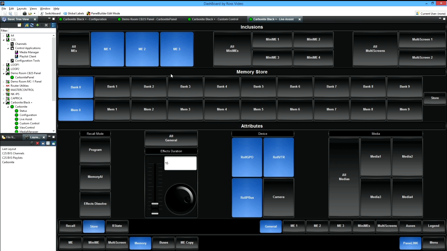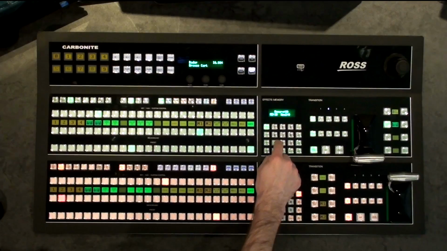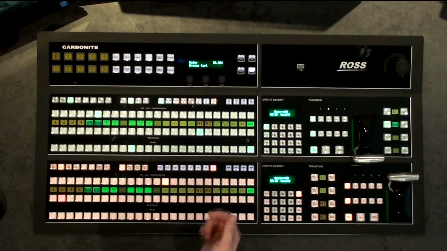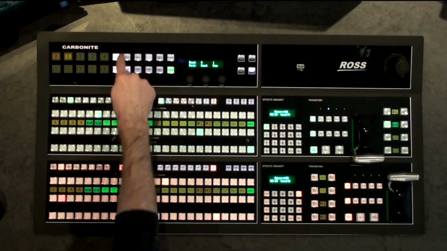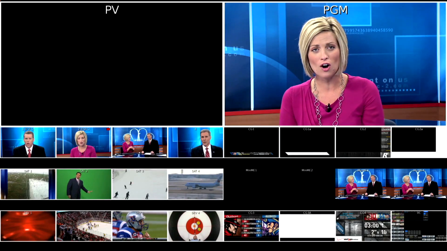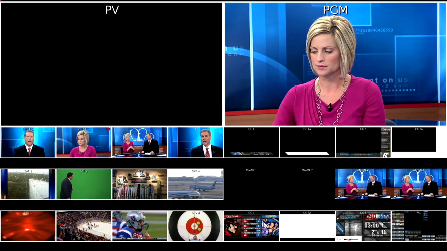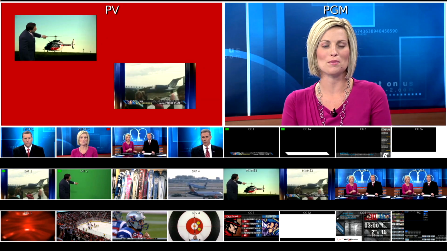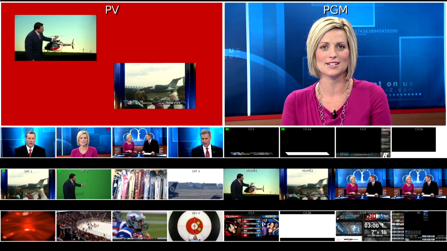So here, when we were storing this, we should have come in on the store side and said, make sure to remember to recall media 1. So now when I store that back over top of itself to 1, enter, now it'll make sure to include that as part of the attribute. So if we go to the panel, we say, okay, recall 1 and 1 and 2, and we say go to 0, so it clears them all out.